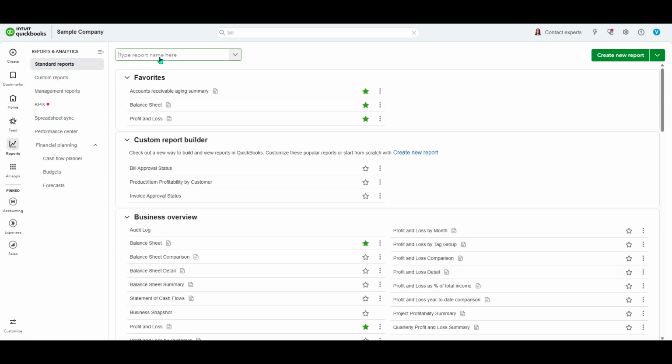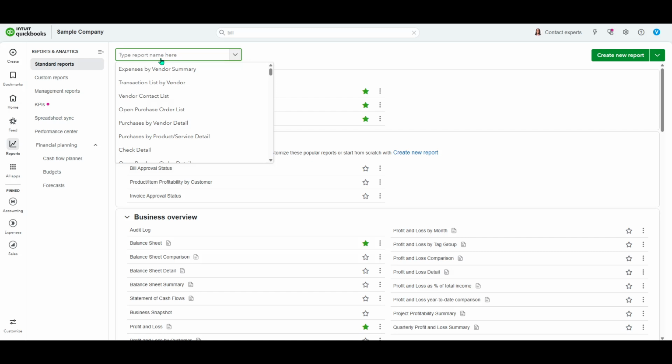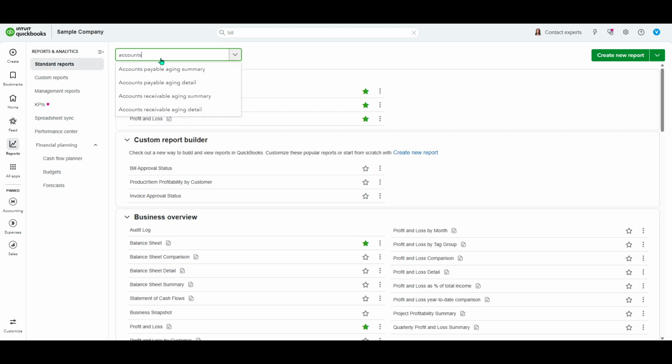Use the search bar on this page and type Accounts Receivable. QuickBooks will suggest relevant options. You'll typically see two main choices: Aging Summary and Aging Detail. The Aging Summary is perfect when you need a quick snapshot of who owes you and how long those balances have been outstanding. It organizes amounts into buckets like current, 1 to 30 days, 31 to 60 days, and so on, so you can